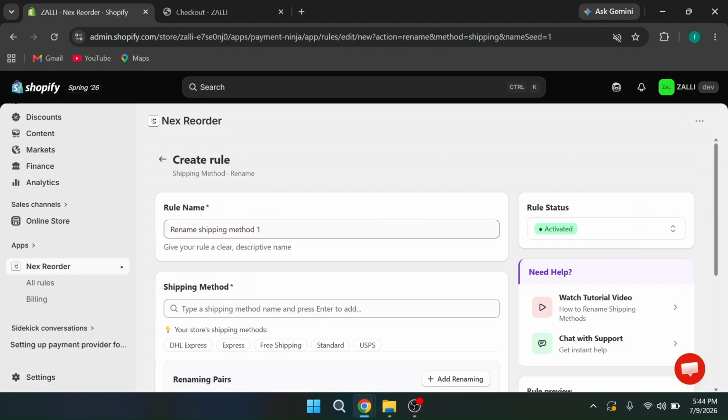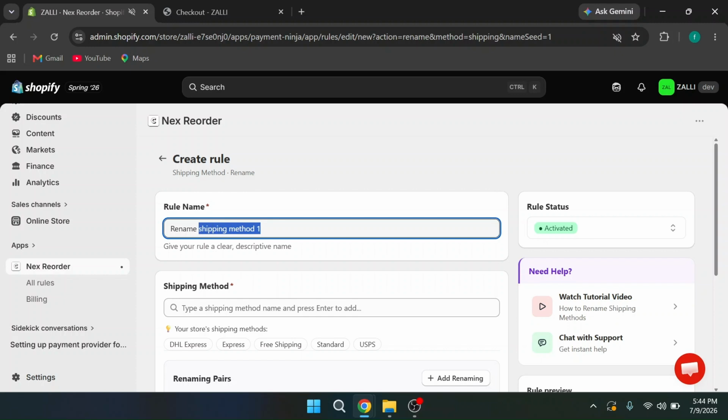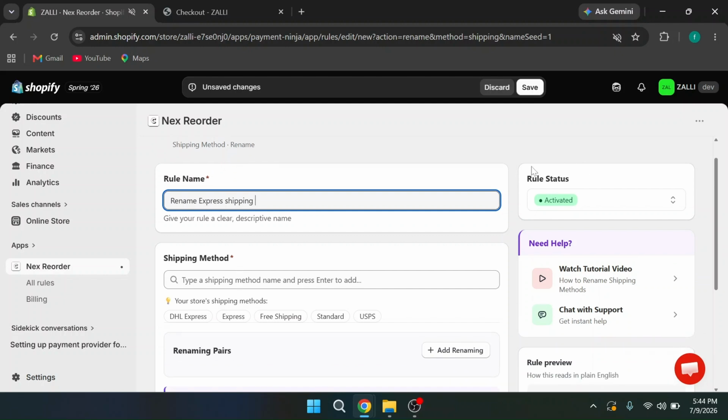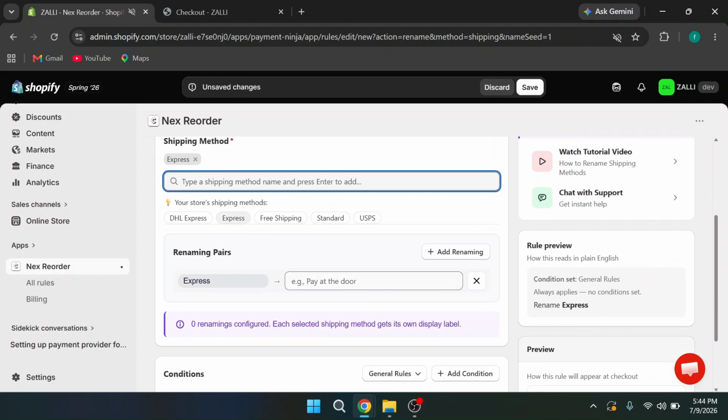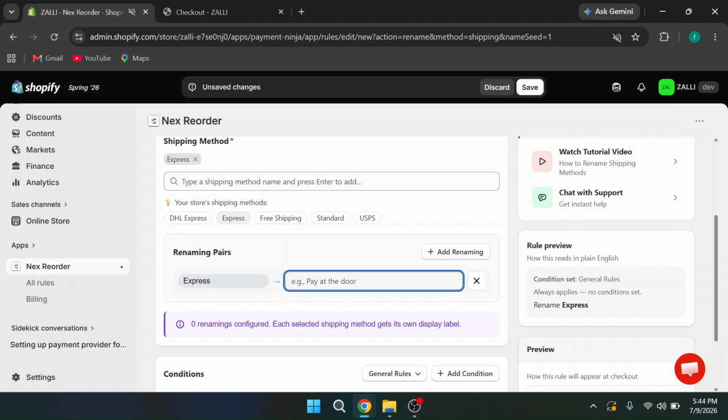Here we have to configure the rule, so I'm giving the rule name as rename express shipping. The rule status is activated. Now the shipping method I am choosing is express delivery. Here we can rename it, so I'm giving something like next